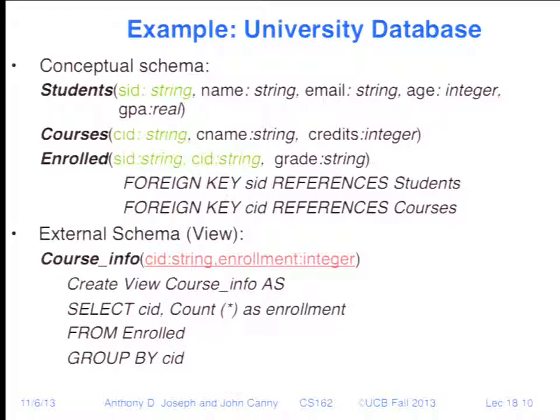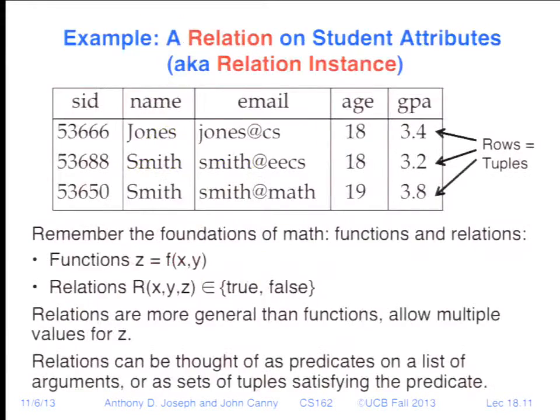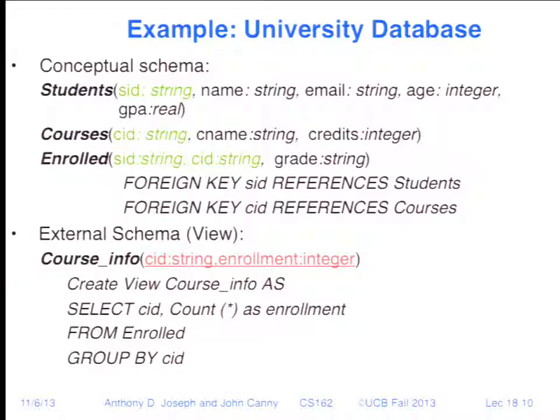All right, so as well as the primary tables in this database, you can have virtual tables, which are views, which are defined by queries, but which otherwise function as though they were real tables. So here, we have a course information virtual table, which is indexed by the course ID and just returns the enrollment. And it's creatable by a SQL query that just says